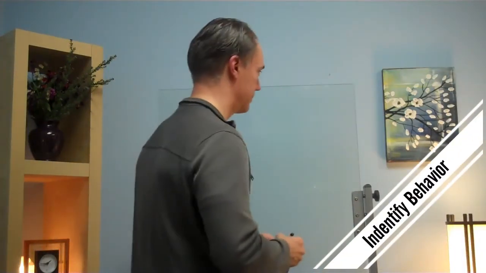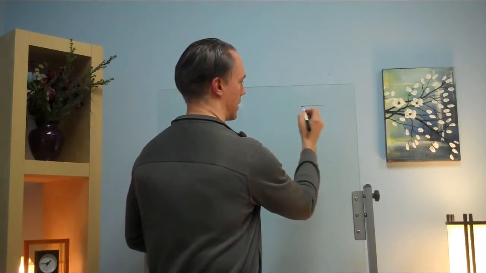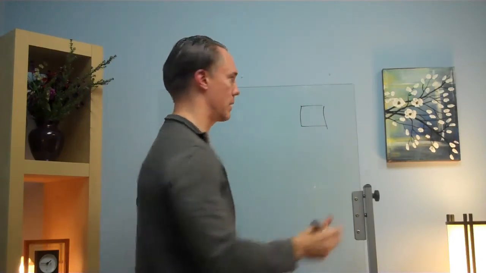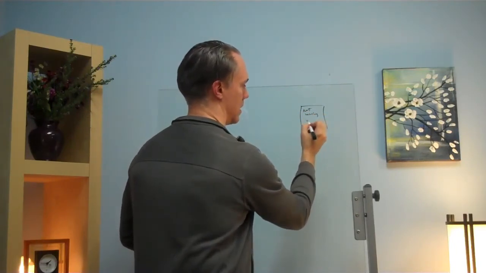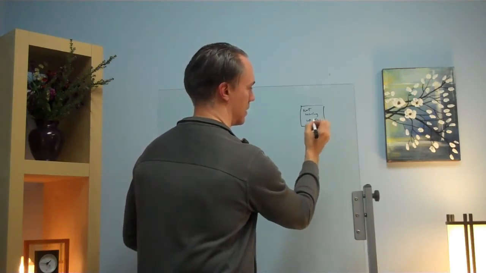First, we identify the problem. So, the behavioral problem. What is the problem behavior that you don't like? It can be drinking, it can be smoking, it could be yelling at my kids, it could be not getting things done on time, not waking up on time. And we can use not waking up on time as a way to show you how this actually works. So the problem behavior will be not waking up on time. But like I said, you can put just about anything in there. Panic attack, was afraid. There's a lot of different pieces that we can play with. But let's just go with not waking up on time.